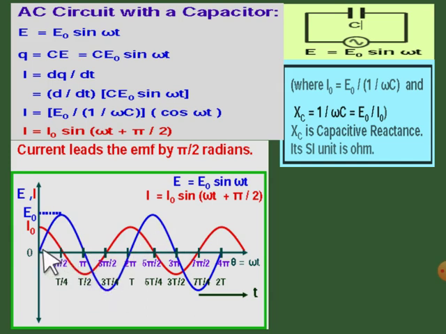Okay, when this EMF is 0, the current has already reached its peak value at the very initial time. When EMF is 0, current is already at the peak. When EMF is at its peak, the current will be decreasing down here like this. When EMF is 0 again, the current will be at its peak in the opposite direction. Got it? And in that way, the two graphs of the EMF and the current can be drawn